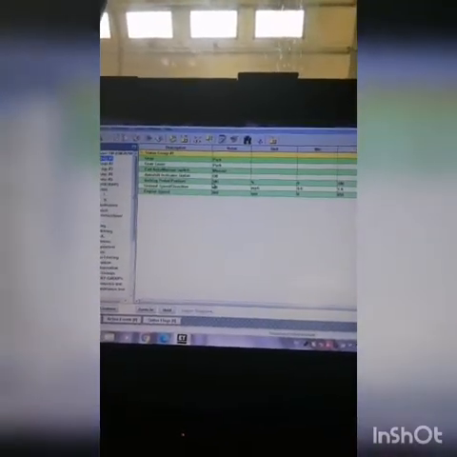Now we will try to shift to clutch number 1, 2, 3, 4, and 8 and see.